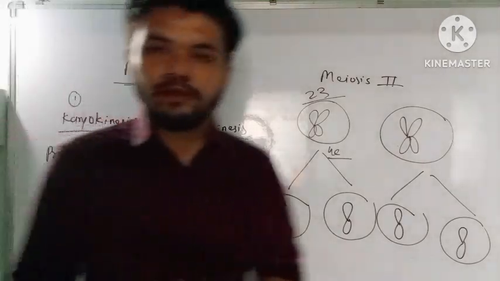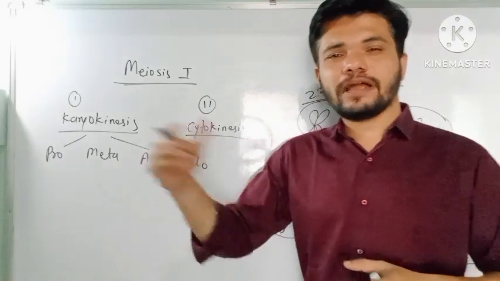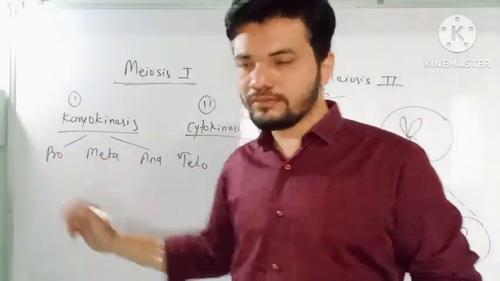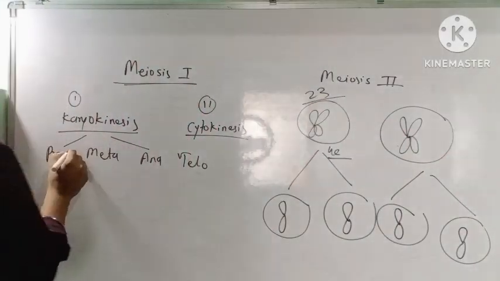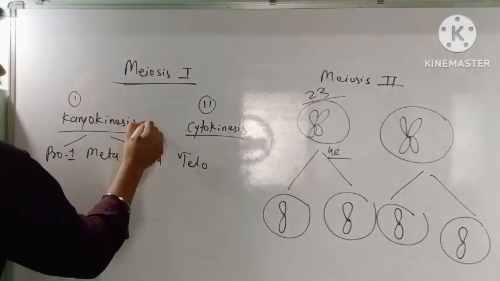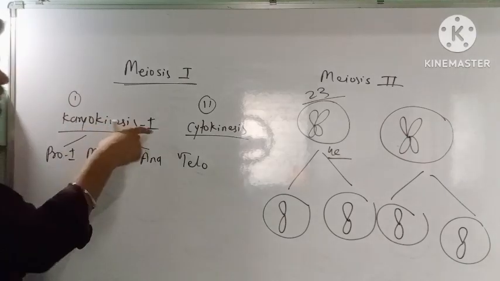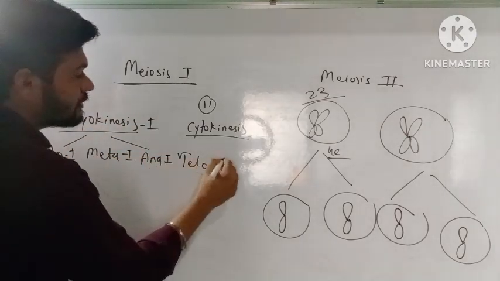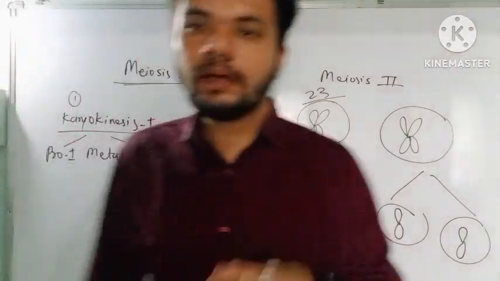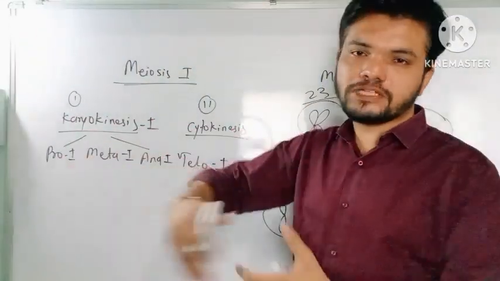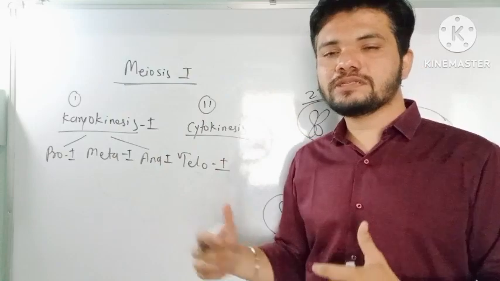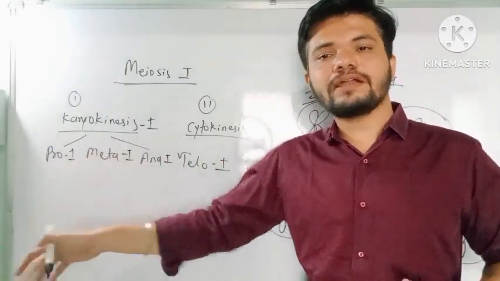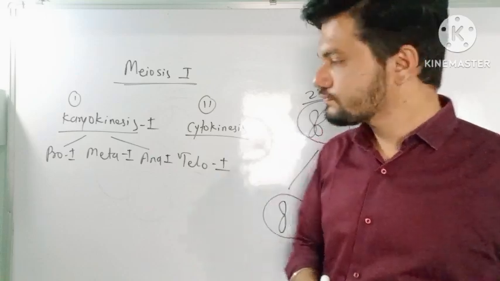What is the difference between the karyokinesis of mitosis and meiosis? Because these are the processes of meiosis 1, we will call this karyokinesis 1, with prophase 1, metaphase 1, anaphase 1, and telophase 1. But prophase 1 is much longer than mitosis prophase,